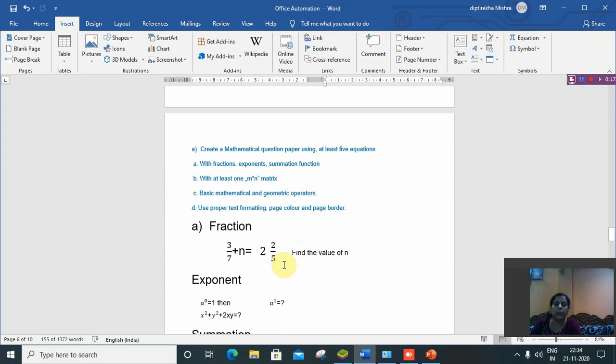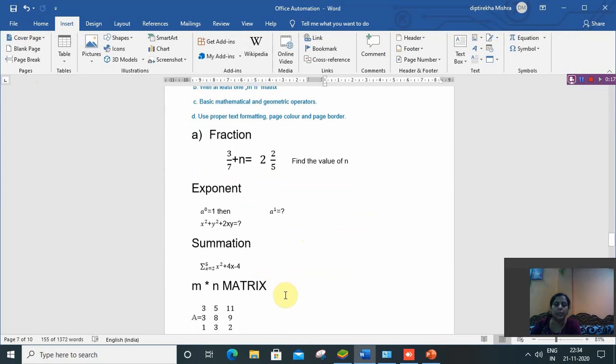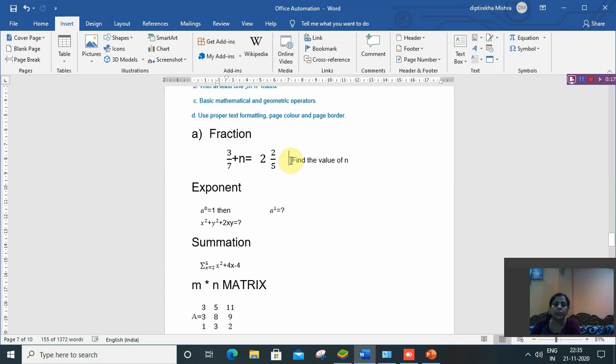So you have to write this type of, this is the example I have written for you. So you have to write this and how it is written, what are the steps you have to write in the second assignment. I will show you how to write the equation.